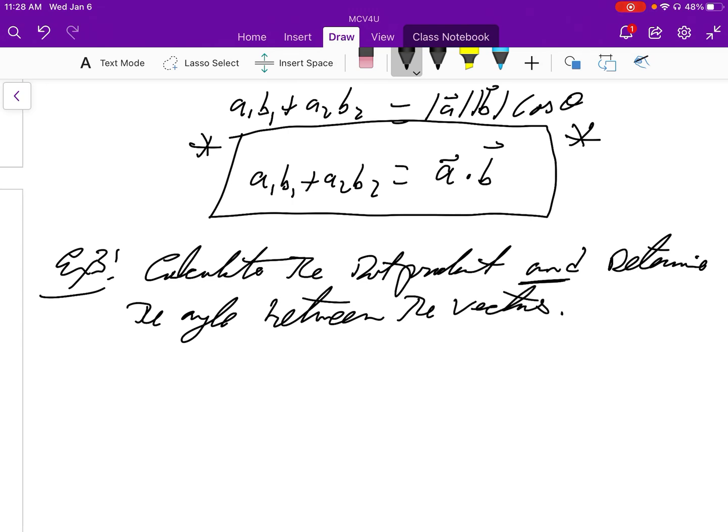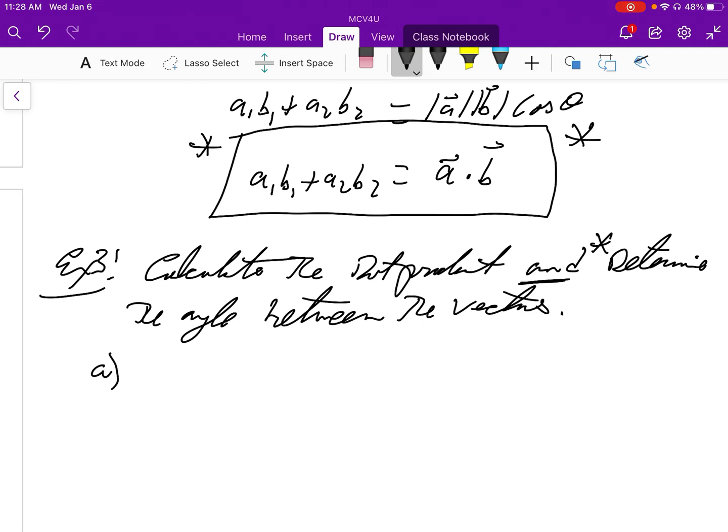Okay? This is going to be a key one. We are going to be using this a lot. Whenever you need to find the angle between two vectors, from now until further notice, you use the dot product. Use the dot product. We'll get into that, okay? So we'll just take a look at two examples so we can get a handle on this,